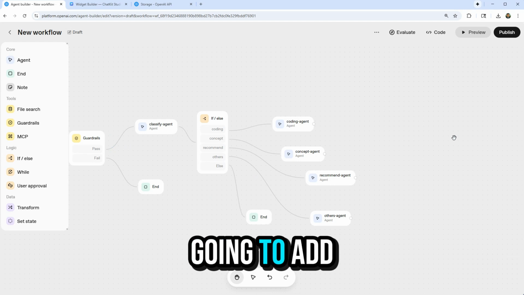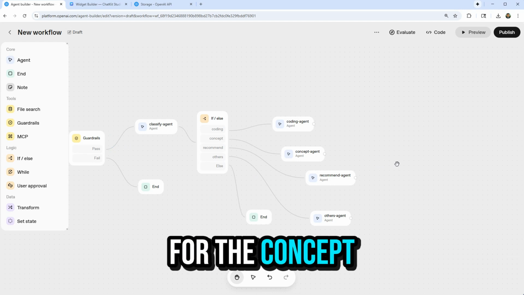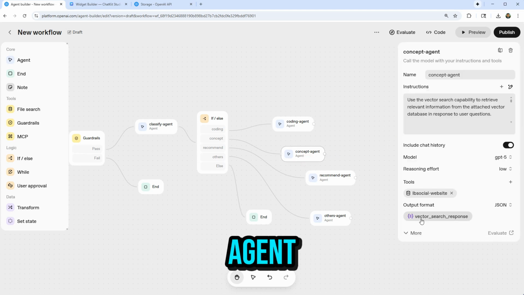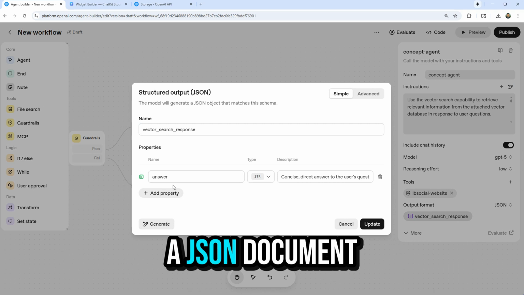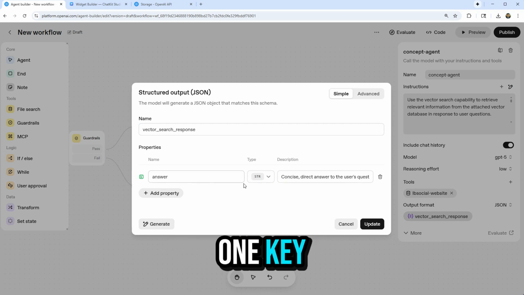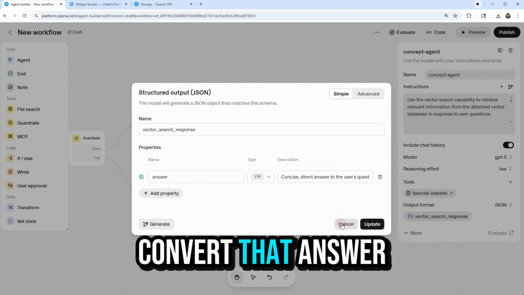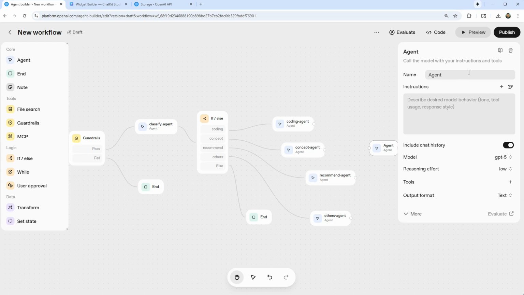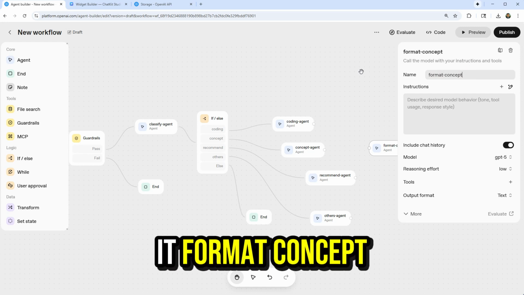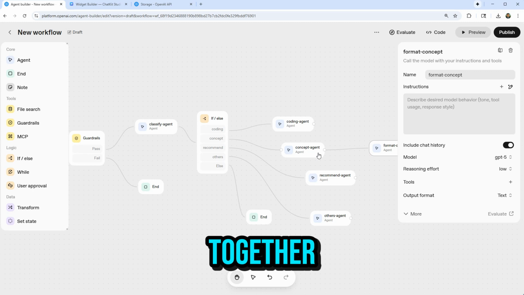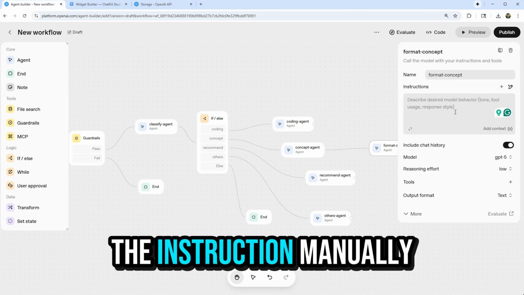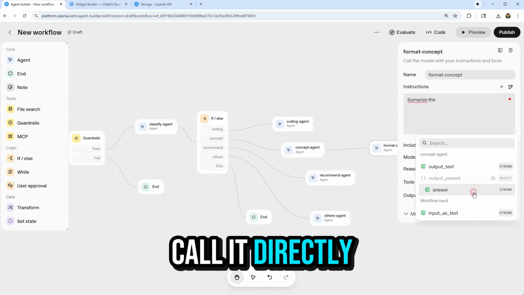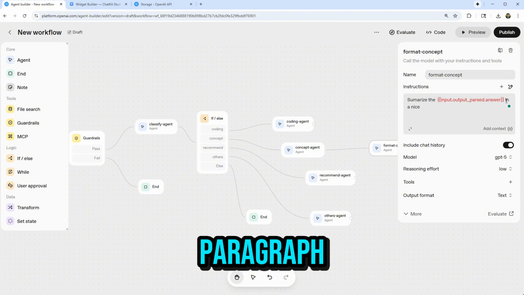So next, I'm going to add one agent for the concept agent to summarize the output of the concept agent. Because for the concept agent, the output is a JSON document that has only one key, that's the answer. So I want to convert that answer into a paragraph. So now I add one more agent. And this one, I will call it format concept, and I will connect both agents together. For this one, I just type the instruction manually. So summarize the answers. The answer is a string, so I can call it directly in a nice paragraph,